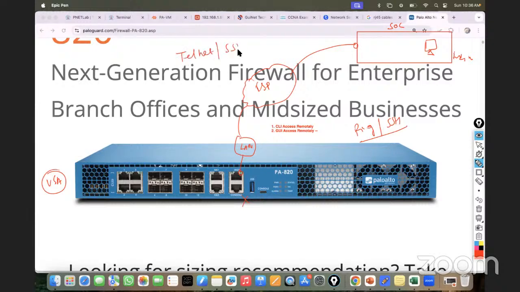One is telnet and another is SSH. Telnet is non-secure, SSH is secure. So whatever the IP, let's suppose you have an IP configured on the management interface, any IP